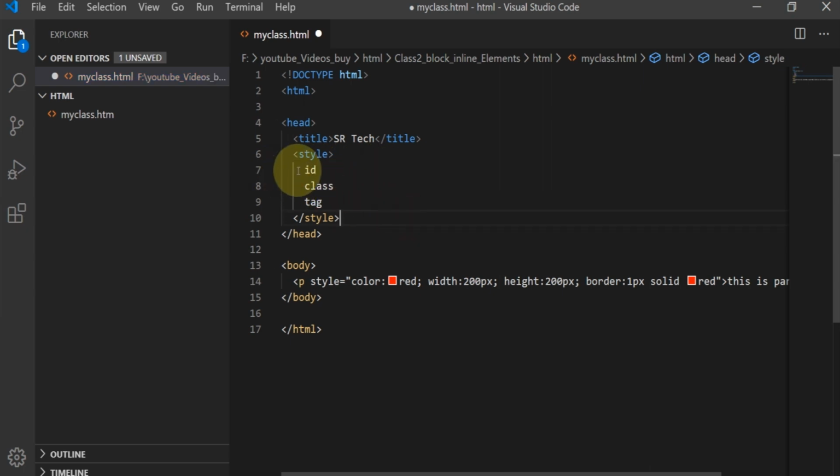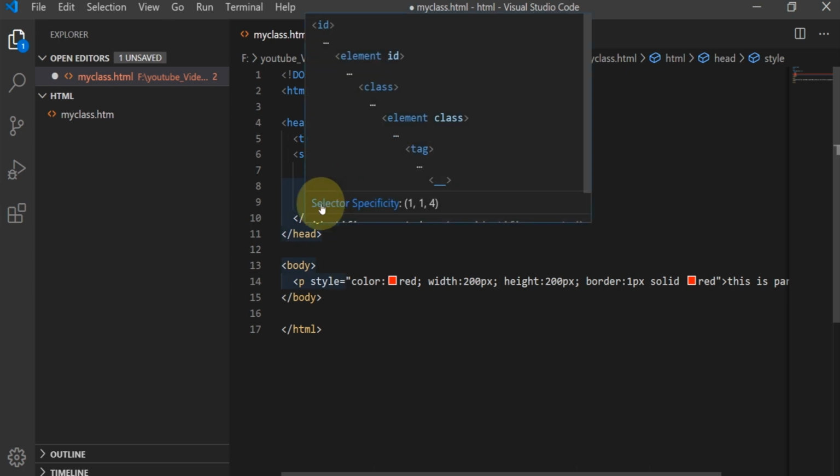The ID selector is defined with a hash. The class selector is defined with a dot. Tag name is nothing but our HTML tag name. If I want to write any styles for body, in case of a tag selector, I will take body directly. For div, directly I will take div, like that. So an HTML tag name is nothing but a tag selector in CSS.